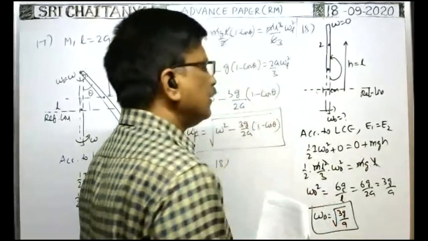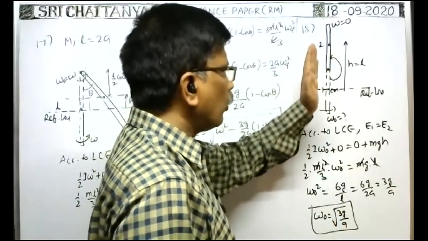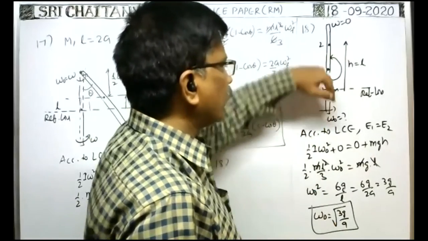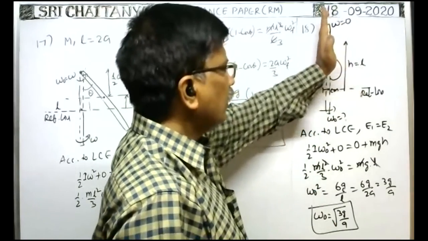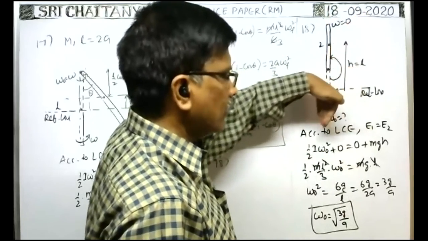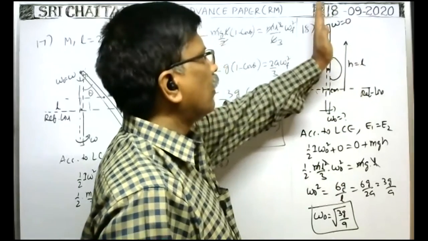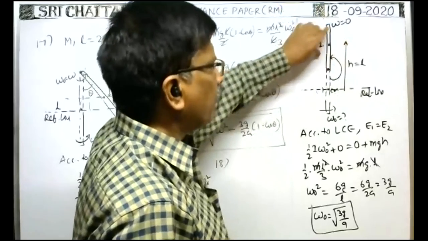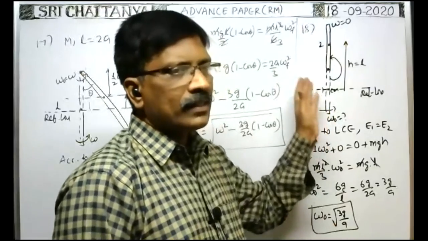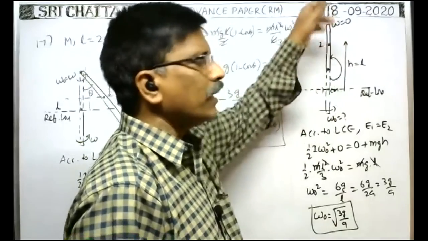So when you give this much angular velocity minimum, when the rod is along vertical in the lower direction, if you push this rod with angular velocity omega naught, then only it turns vertical. Otherwise, if the angular velocity is less than this one, the rod after reaching this much position comes down like this. But whenever you push the rod with this angular velocity, then it turns vertical and comes to rest. Of course, because of gravity, it may fall like this again. So this is the minimum angular velocity to be given when the rod is in the lower position along the vertical direction, so that it turns to vertical upwards.